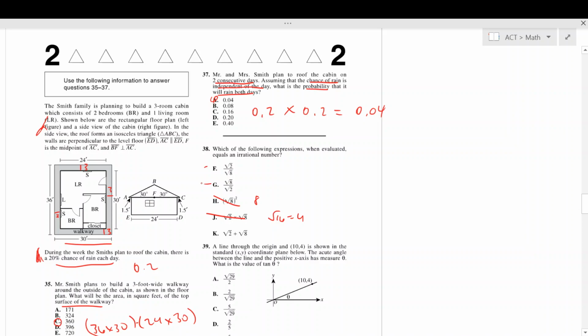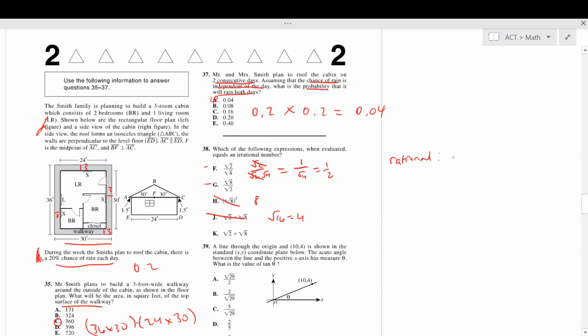And these two, you could just do it like this. So square root 8, you can factor out a square root 2 from it. So square root 8 is equal to square root 2 times square root 4. The square root 2's cancel out, and you're just left with 1 over square root 4, 1 over 2. And this is rational. Remember, the definition of a rational number